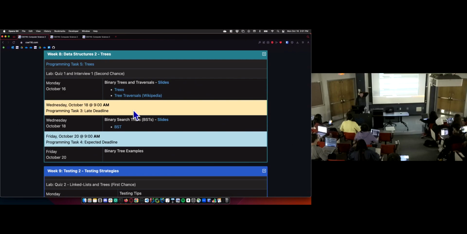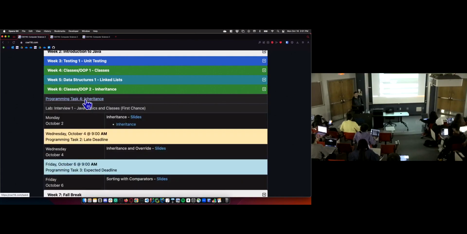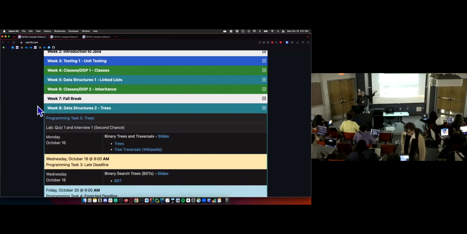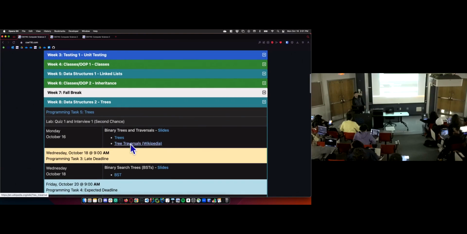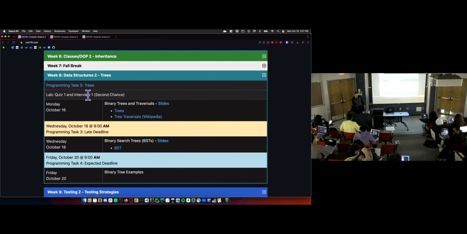This week, we're going to start trees. This is kind of a refresher of where we're at in the structure of the course. Roughly each week corresponds to a programming test. So last week, before the break, was programming test 4. So I'm done talking about everything from programming test 1 to 4, all the content's out there. That's all in your hands at this point. And I'm starting programming test 5, talking about trees. As we're going to start talking about today, we've got a week of binary trees to talk about.